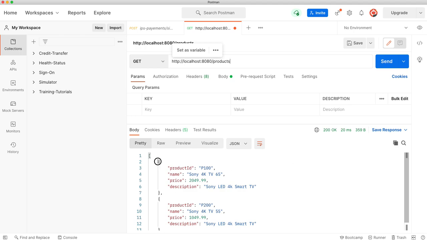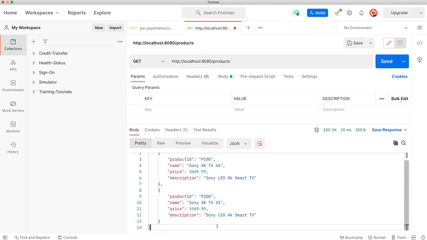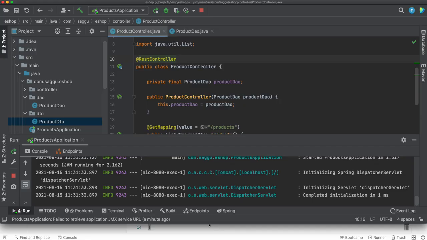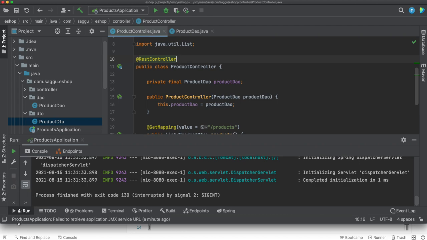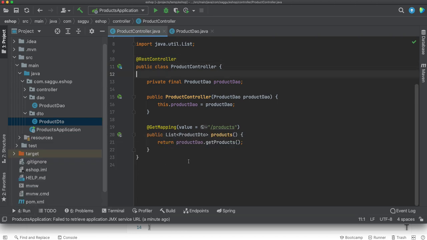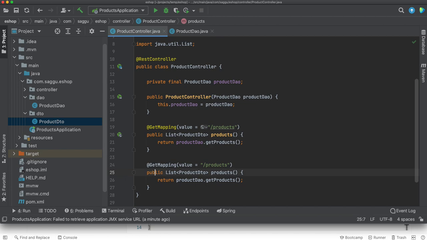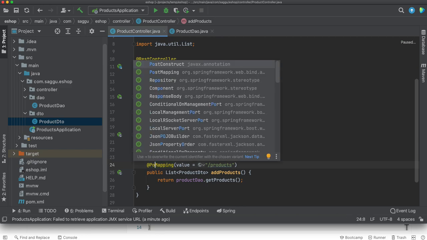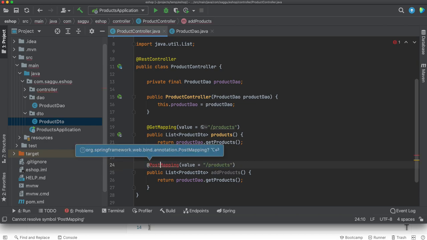There you are. Our Spring Boot first REST endpoint is up and running. Let's start writing the second one, which is adding a new product to our store. So how do we do that? Just copy this. What we are simply going to do is call it add product. So we are saying when somebody calls this method with post,